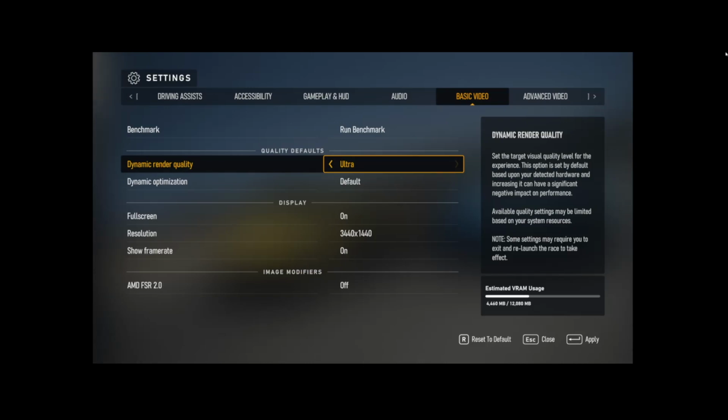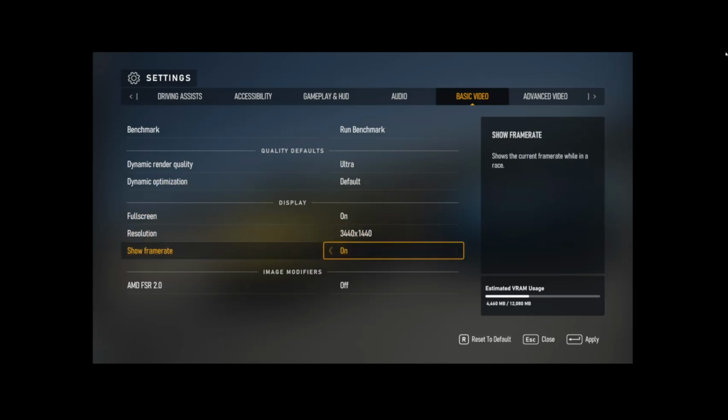All right, so they're telling you exiting the race, but 9 times out of 10, it's probably going to be like Forza Horizon 5, where you'll have to go out of the game and come back in. All right, so we got that out of the way. So it's set to ultra, dynamic render quality, dynamic optimization, default, right? Default, don't touch it. We have show frame rate on, and the AMD FSR 2.0 I don't have on, but